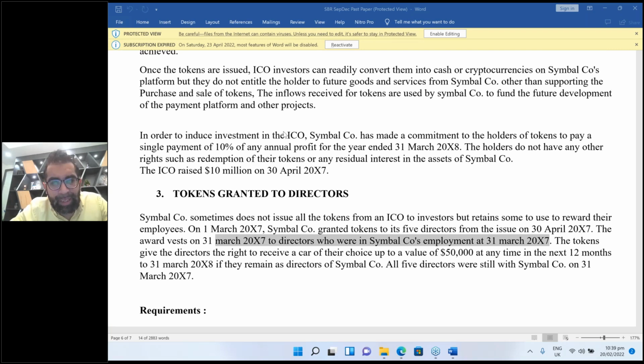It's a non-cash benefit. Listen students, it's non-cash, because you are not giving cash, you are giving a car. It's a short-term non-cash benefit. Normally, students, look at me, let me clarify.